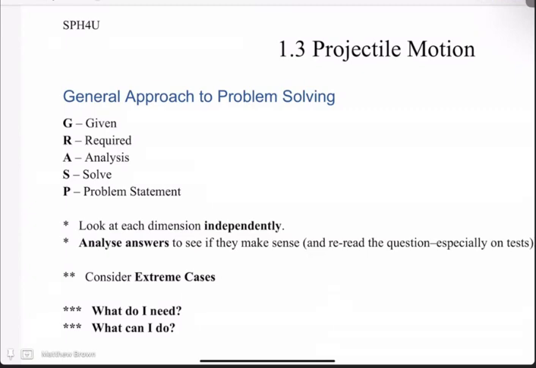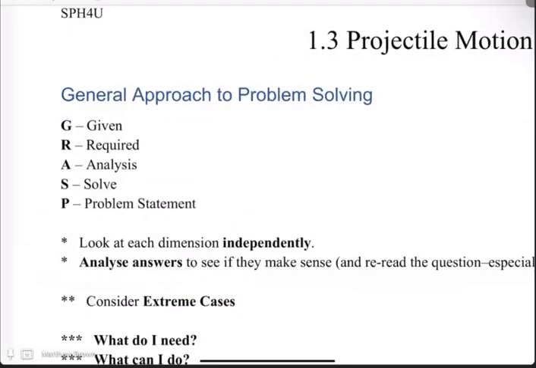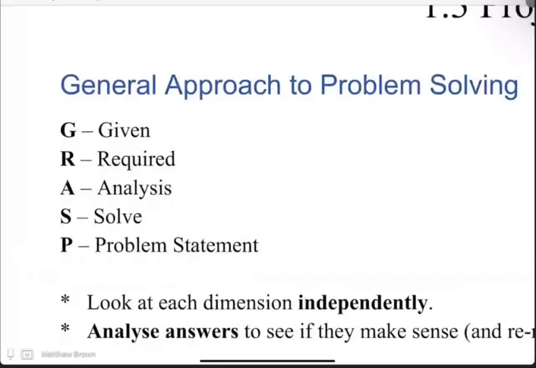So they give you this acronym GRASP, which is a way to approach problems and say, okay, what am I given? Right. So just list all the information that you're given. V1 equals this, A equals whatever. What's required? So list the variable you actually want to find. Do your analysis, which basically would be looking, if you go back to what we just did with the big